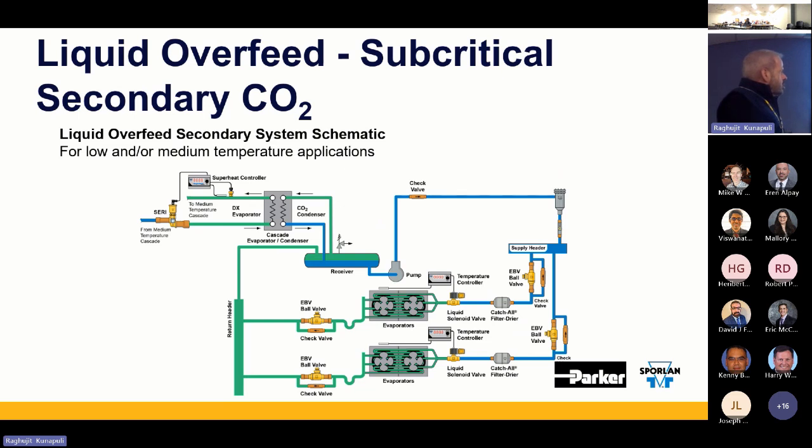And then over here on this side of the system, which includes the refrigerated cases where we're going to cool, chill, freeze, or condition whatever products are of concern, that's all CO2. And we're doing it without a compressor. We're pumping the CO2, liquid CO2. So we've got a receiver tank, pump,